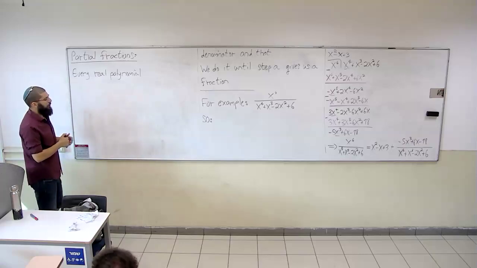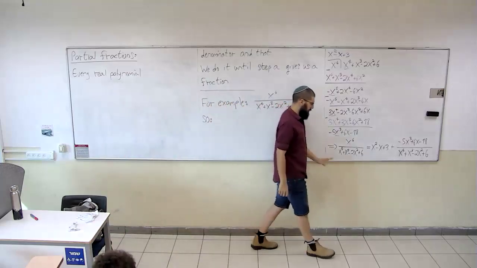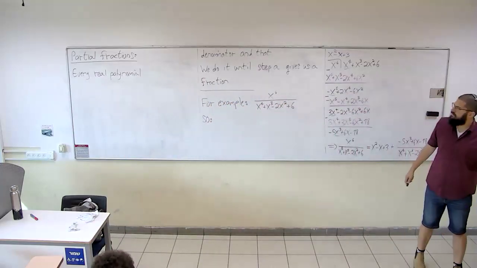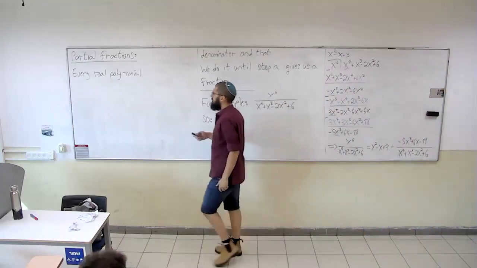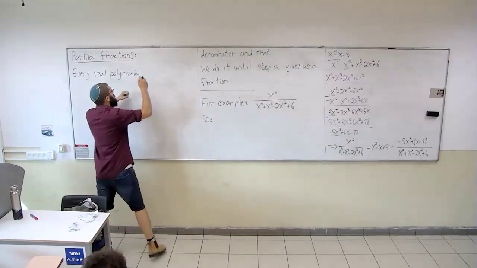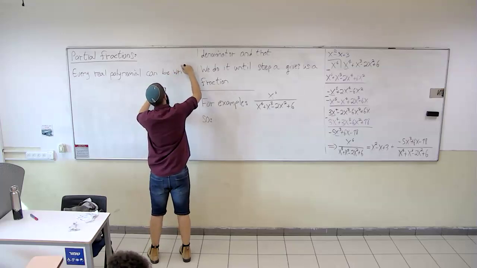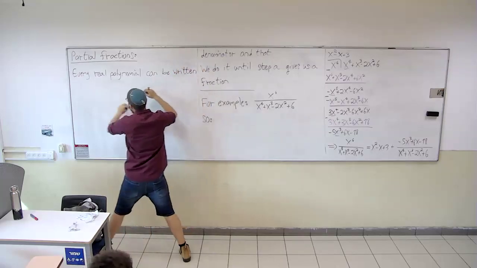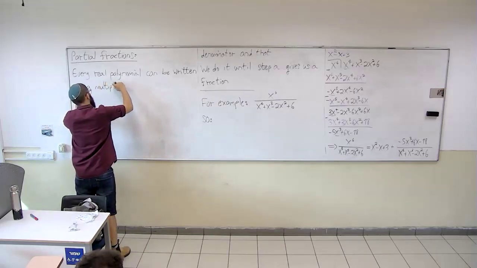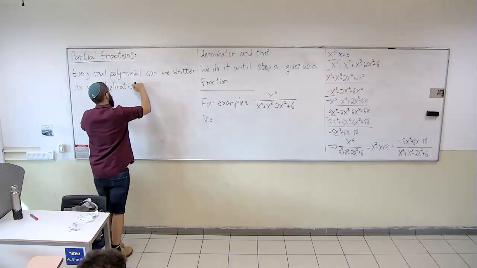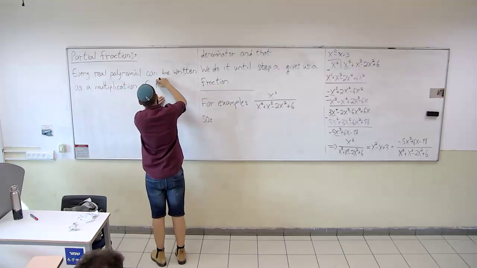On the other hand, you can talk about complex ones. In the field where we talk about real analysis, real calculus, the polynomials are real, which means the coefficients are real, etc. Every real polynomial can be written as a multiplication of irreducible